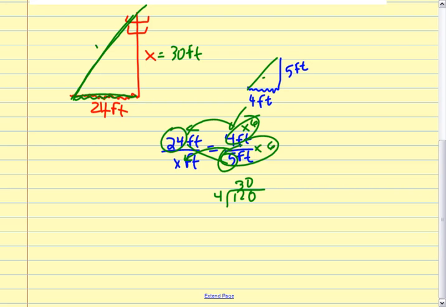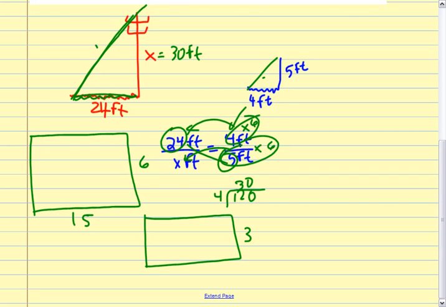Do you do the same thing for similar squares? Similar squares, you can, absolutely. Let's say, not squares, they'd have to be rectangles, right? Oh yeah. So let's say that this is 6 and this is 15, and then I know that this figure, this is 3. What's that? Well, could we do the same thing as in the last example? Well, that would be really easy because they're all